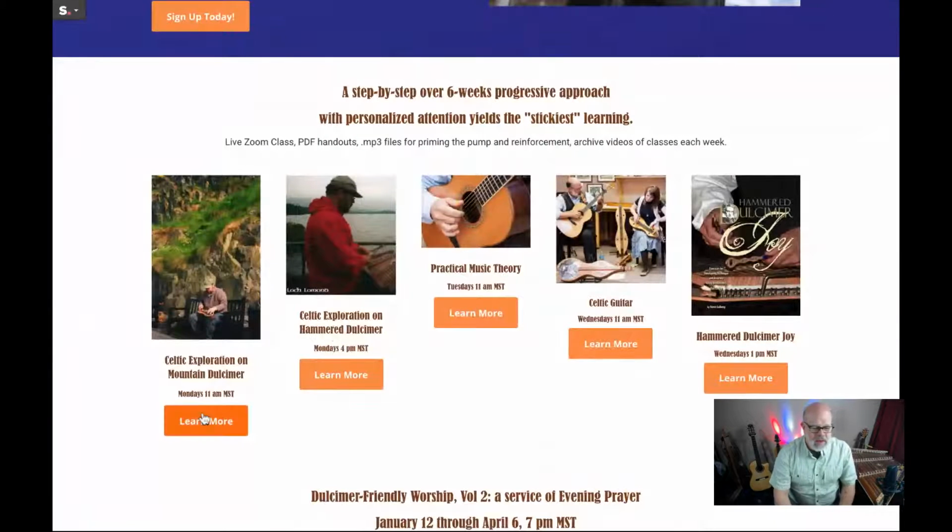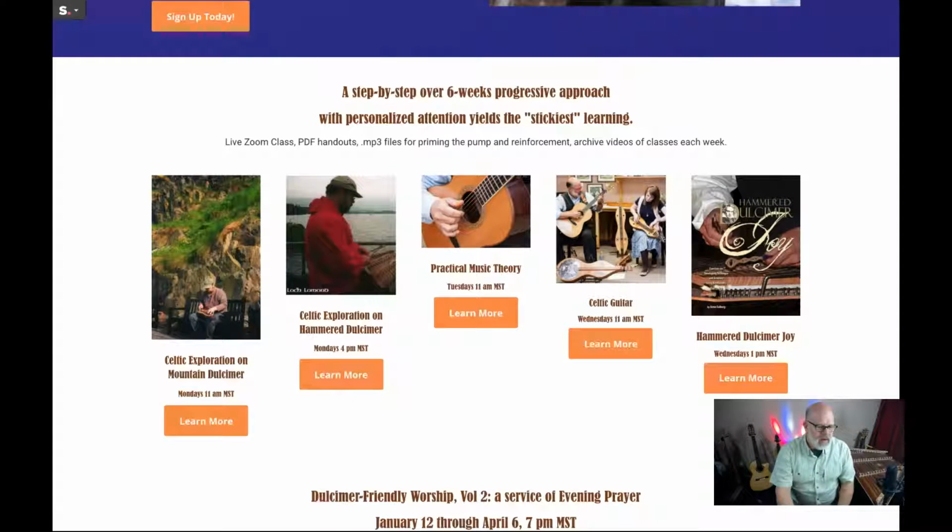So we have a Celtic exploration across the different tune types and rhythms and techniques for mountain dulcimers on Monday in the morning, my time, or Monday in the late afternoon, my time, hammer dulcimer, and then on Wednesdays in the morning is Celtic guitar. Those are kind of in the same bailiwick.